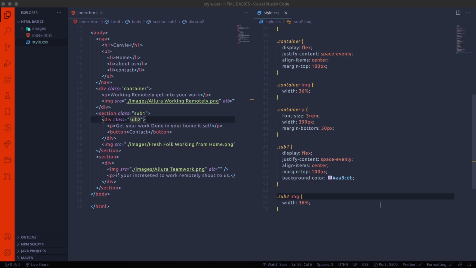I'm also increasing the height of the sub1, height to be 60vh. 60vh means viewport height. You can observe. So here it is not working properly. I don't know why it's happening.